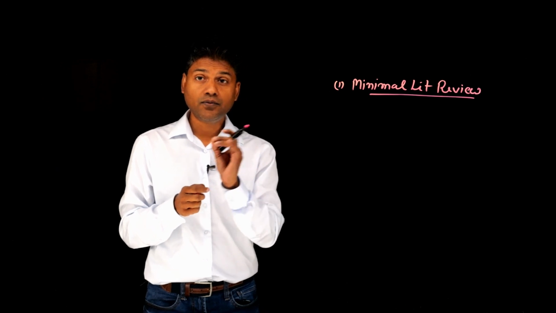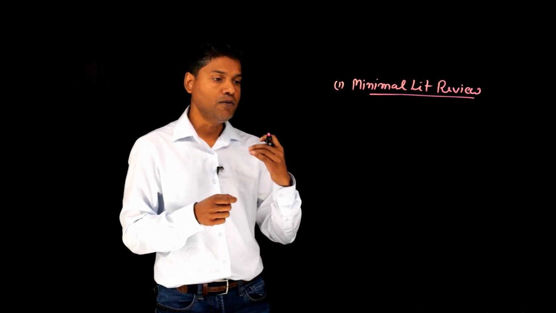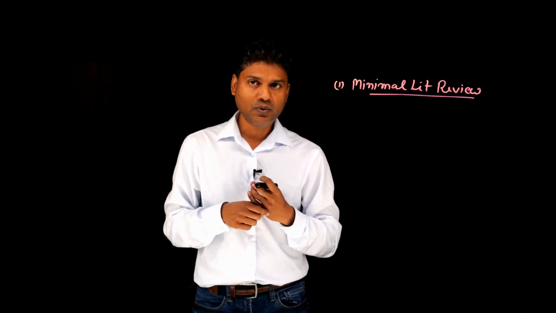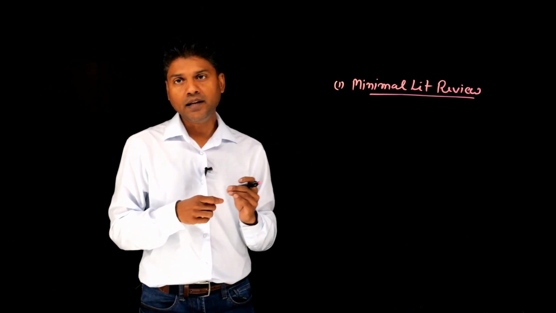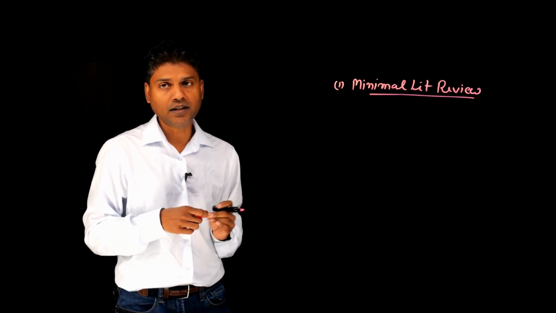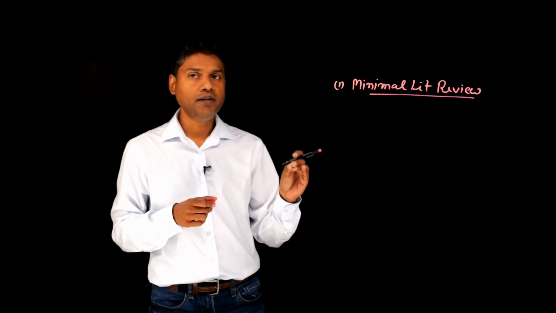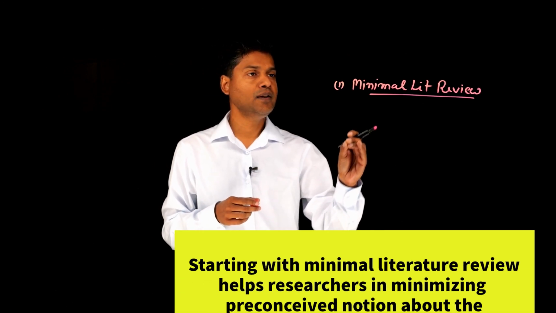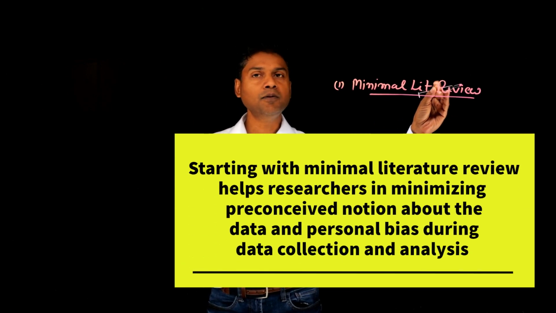So there is a fear that if, as a grounded theorist, I'm engaged in a very comprehensive literature review, I might get biased when I am engaged in data collection and data analysis. And that is why the grounded theorists recommend doing a preliminary or minimal literature review in the beginning of your